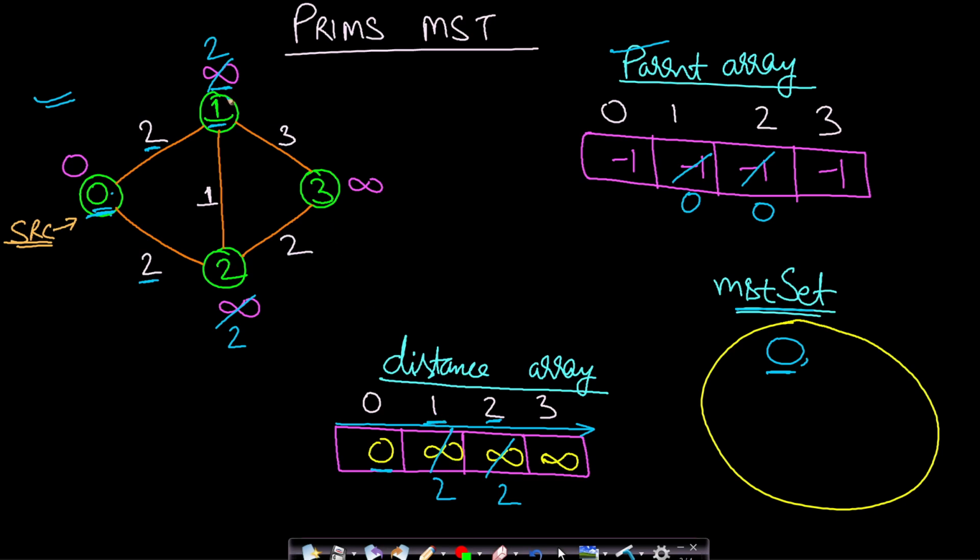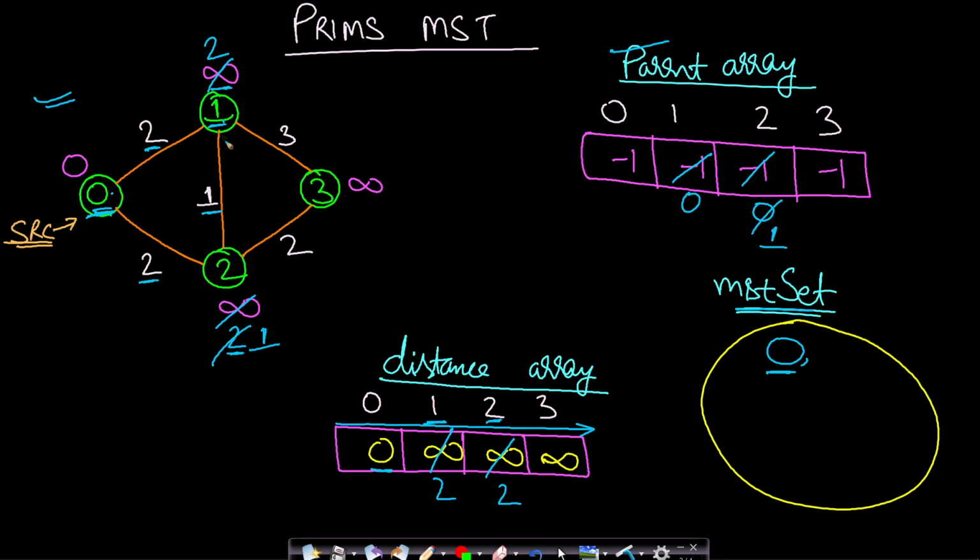So when we pick 1, then from here we want to relax the outgoing edges again, but this edge to 0 is already relaxed, so we won't do anything for this. Now from 1 to 2, the distance value is 1, but the already stored distance value is 2. Therefore take the minimum of 1 comma 2. So 1 will get inserted here. Now the new parent of 2 will be 1 because we are including this edge from 1 to 2. Okay, so the new parent of 2 is 1, right?